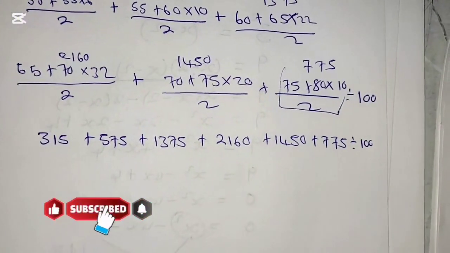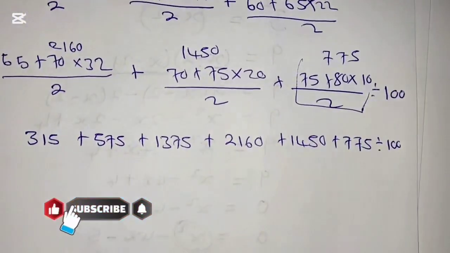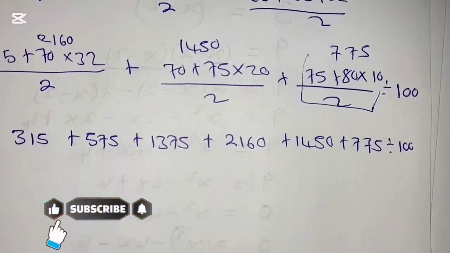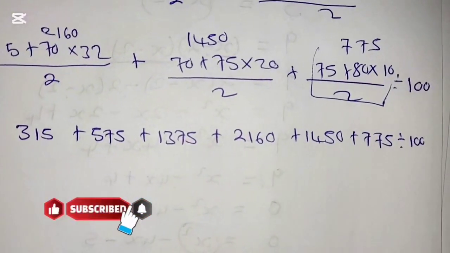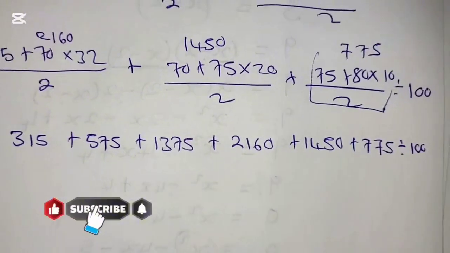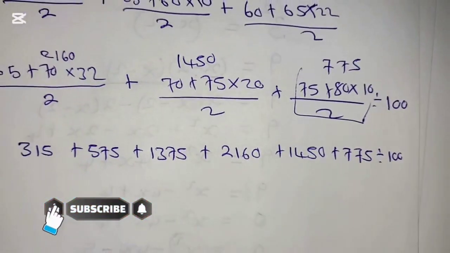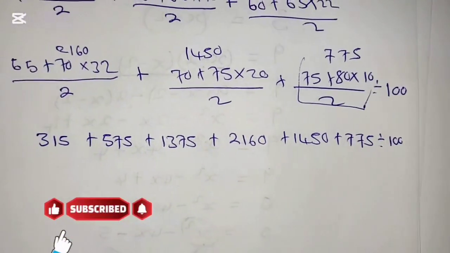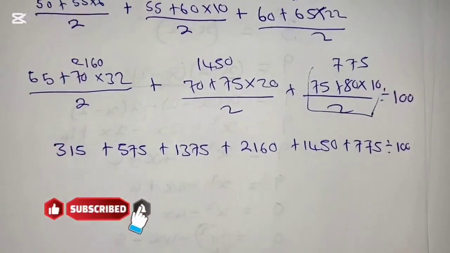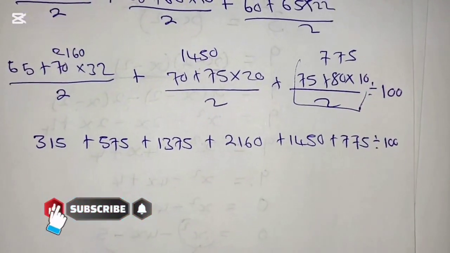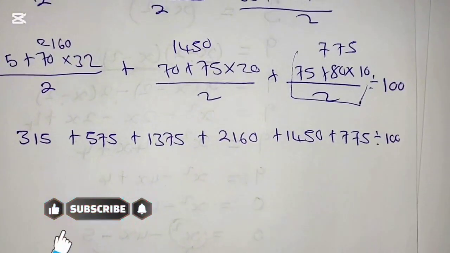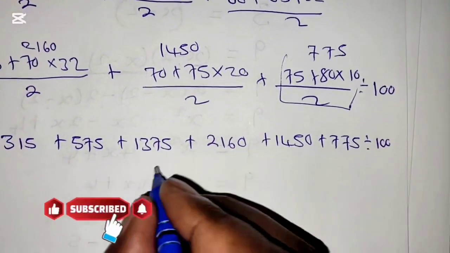So I'm adding 315 plus 575 plus 1375 plus 2160 plus 1450 plus 775 is equals to, so I get